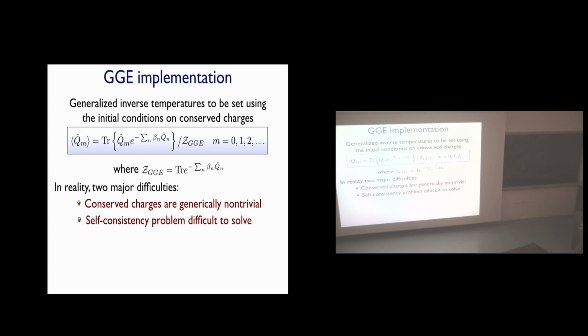And here, I know from experience, because the cases that I was looking at back then, I was expecting to be able to truncate this up to a certain level. So let's say I put the first 8 charges, and then I compute my betas. Then I say, surely I'm kind of close to the answer. I add a 9th charge, maybe 9th and 10th charge in view of symmetries and things. Let's say I go from 8 to 10 charges. And then the chemical potentials that I've got with the truncated GGE up to level 8 have got nothing to do with the betas that I get when I do truncation up to level 10. And it does not converge.